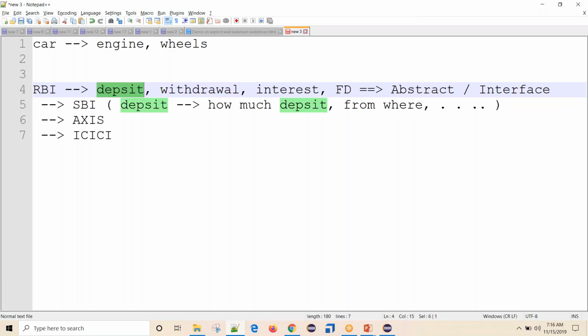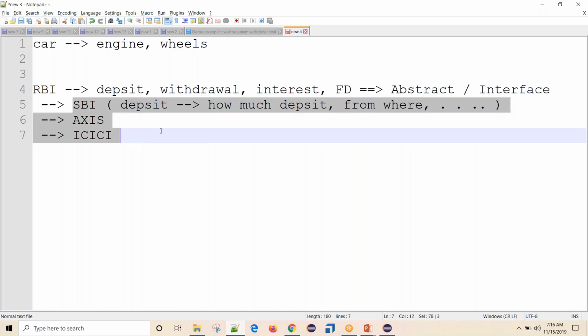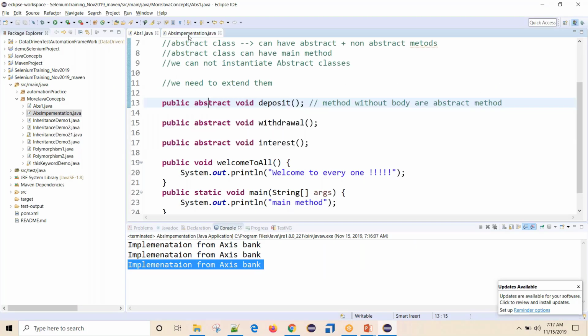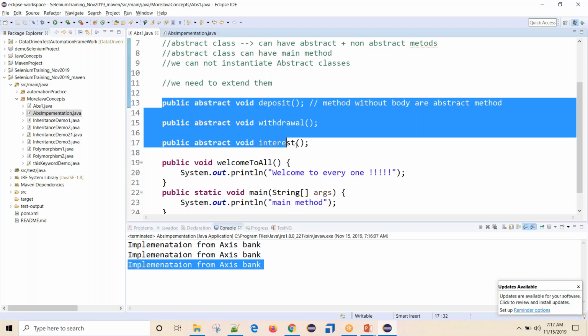Deposit method should accept money from any branch, and withdrawal should let people collect money from anywhere. They should withdraw up to only 10,000 or something like that. They have their own rules. But how these methods are implemented, how these rules are followed, in which way, that's up to the implementing banks, right? So that's how we have created abstract methods just with the method names,